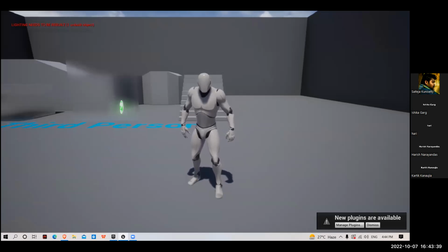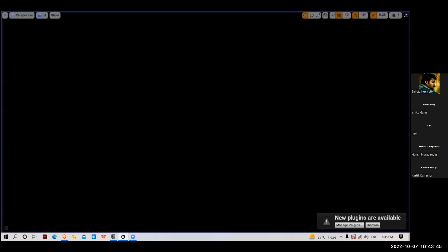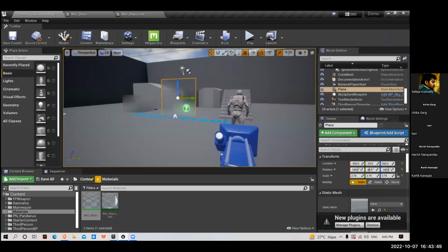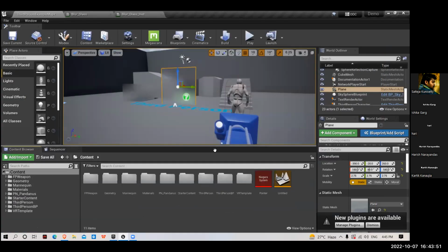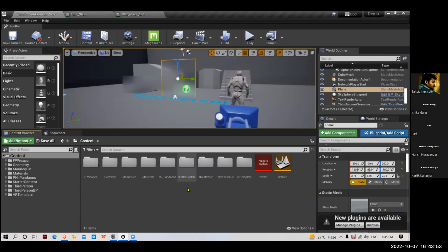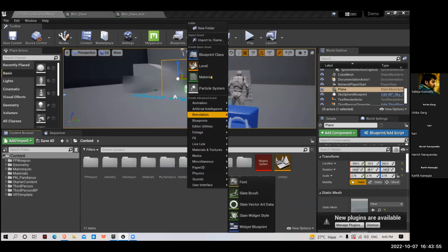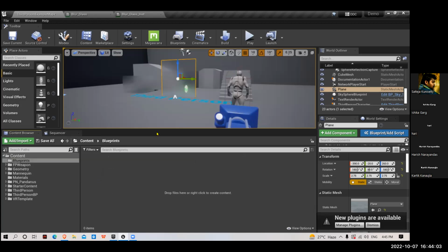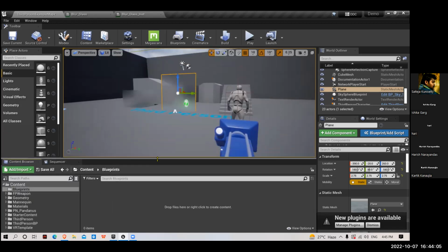Blueprints is a node-based thing where we will connect wires like a flow chart, and we will do the coding. So I will show you how it looks. Okay. I will create one more folder under the content browser. Create a folder. Name it blueprints. And inside the blueprints,